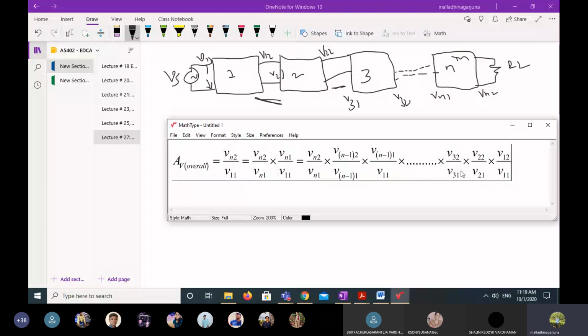So in the denominator this will cancel, in the numerator this will cancel, this cancels and this one cancels. Similarly, this will cancel, and here the previous term's denominator will be the same. So it keeps on cancelling, and the final term will be Vn2 divided by V11. It is quickly cancelled. So finally, our overall voltage gain is equal to